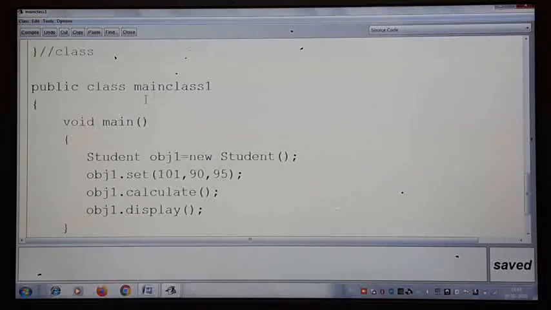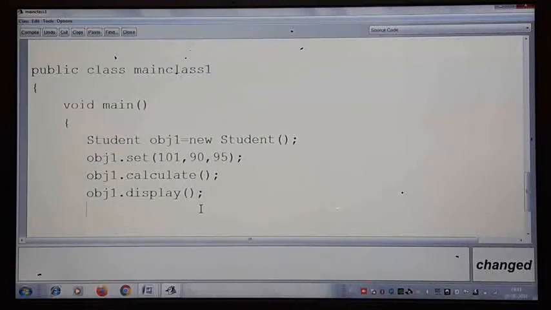If you want, you can write in the same class. If you are writing in the same class, make the main class public. And if you make it a separate class, there is no issue. Even if you remove this, it works fine. So this is how. If you want to create one more object, now I created a student object.